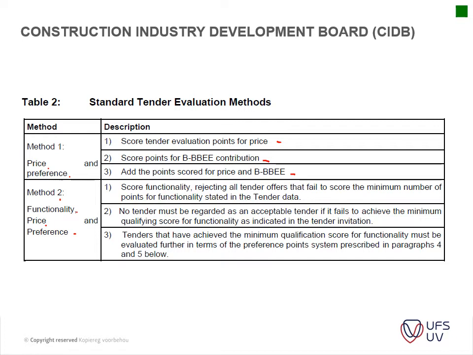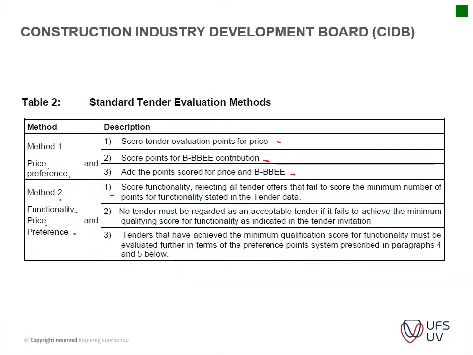And then there's a scorecard that's also given by the CIDB, and then the tender is evaluated according to that. And then method 2, you score functionality, rejecting all tenders that fail to score the minimum number of points for functionality. So that's what I explained. You evaluate the tenders according to past experience, and you give them a score. They have to get over a specified score to be evaluated further. And those that do score higher than the required mark will be evaluated further on